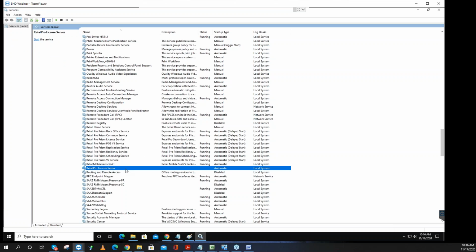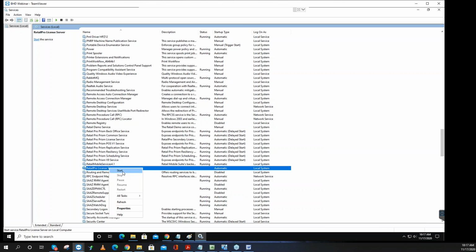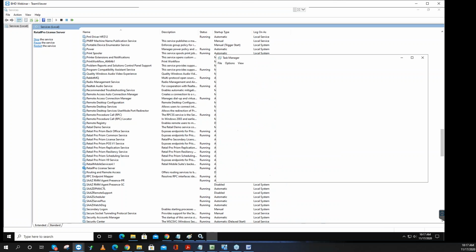That's how a license server should shut down. It should be about a second or two. If that thing hangs shutting down, you need to do one of two things. You need to either go to the task manager and shut it down. So if I go back here and start this back up again, it should start about the same way, lightning fast. But if it's jammed up, you could go into the task manager,